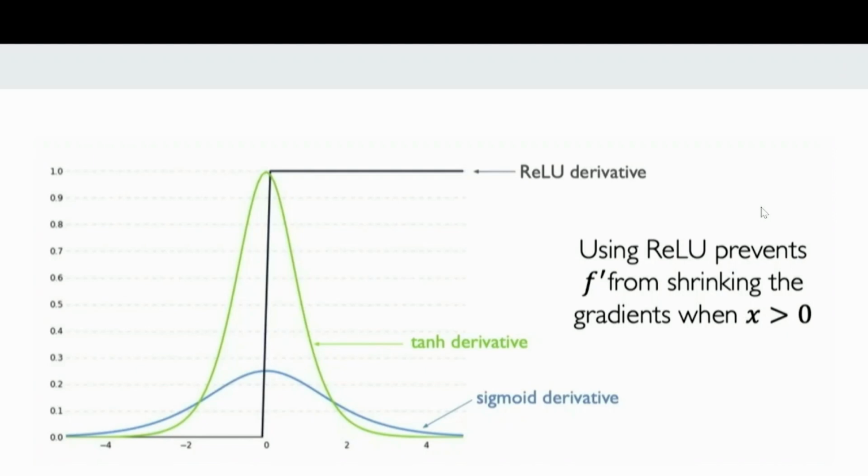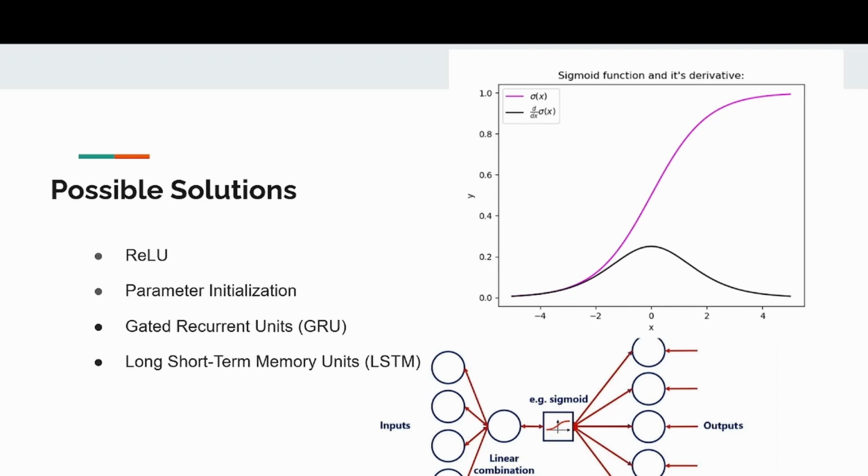Another common choice of activation function is the ReLU, and we can see that when the x value is positive, it has a constant derivative value of 1 because of the linear slope. This prevents the vanishing problem when our x values are greater than 0. Another option is the tanh activation function, whose maximum derivative does reach 1 and would vanish much slower. Other possible solutions are our parameter initialization step, and then gated options, where we change the architecture of our recurrent neural networks, such as gated recurrent units and long short-term memory units, LSTMs.